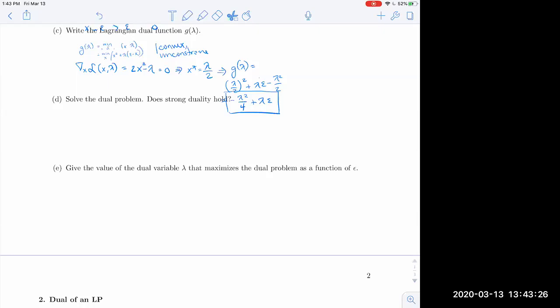Okay. So to get D star, you just plug that back in, right? Right. So it ultimately ends up being epsilon squared, right? Mm-hmm. 2 epsilon squared minus epsilon squared. Okay, great. I think you did a great job showing that solution.